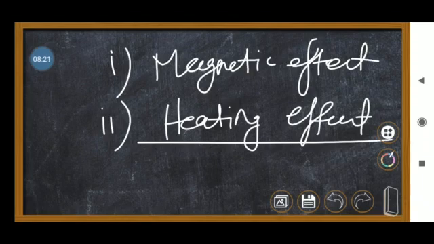if I want only 4 dosa, and they gave some extra dosa, what do I have to do? I can't eat it, because I already ate 4 dosa, so the remaining I'm wasting, right? Same way, the remaining amount of current will be dissipated in the form of heat. It will surround the appliance, so that heating effect is formed.